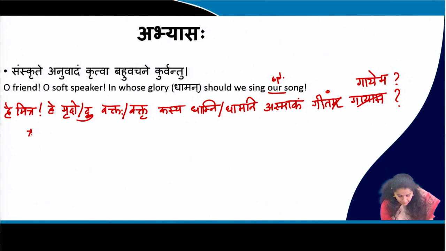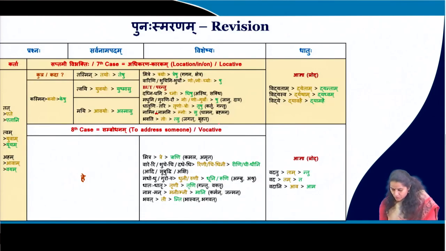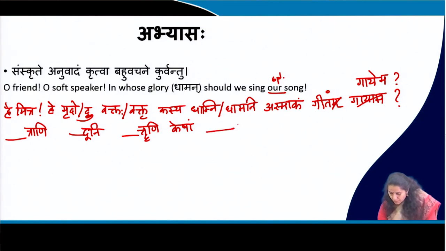So he mitrani, he, you remember it is mriduni and vaktrani kesham, glories, kesham. And then what happens to dhaman? Let's look at dhaman. Saptami kim bhavati? Dhaman, dhamasu. So dhamasu